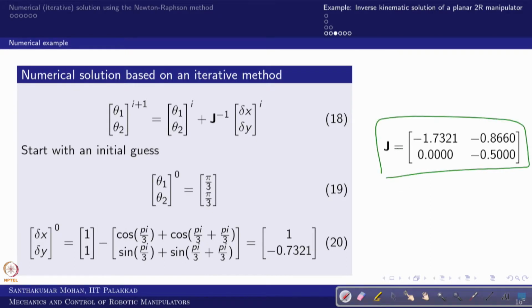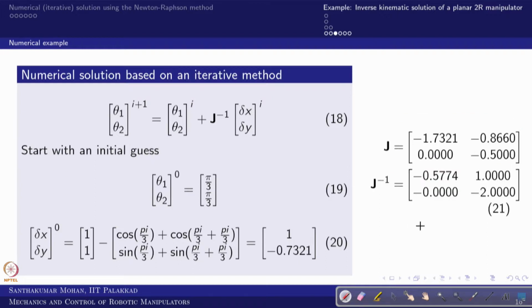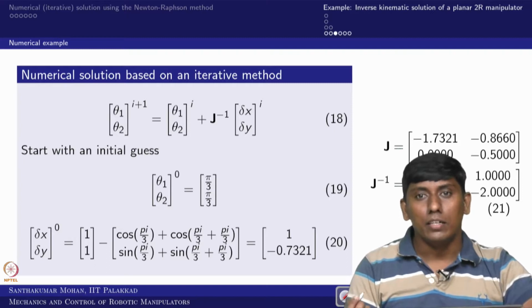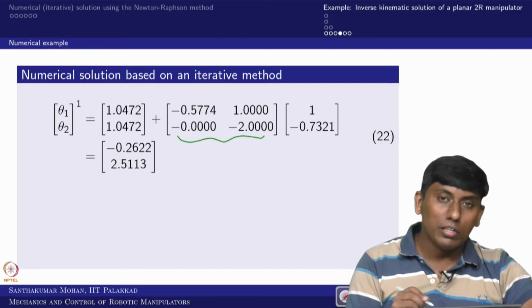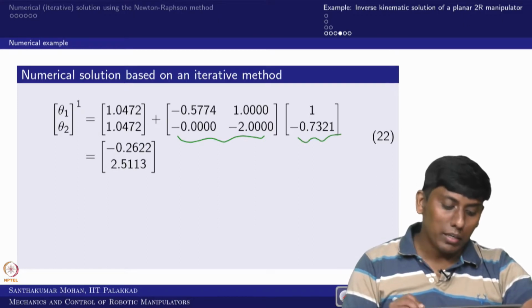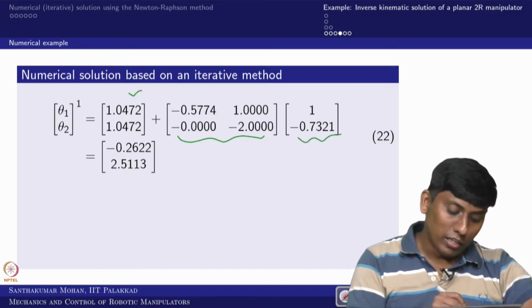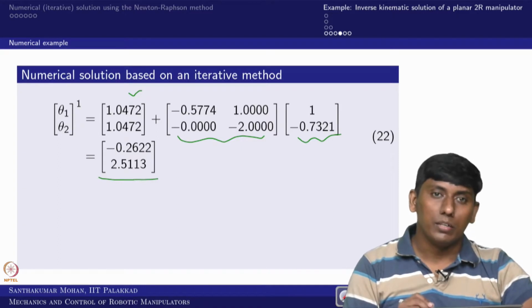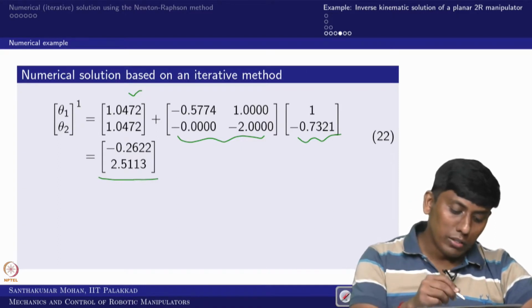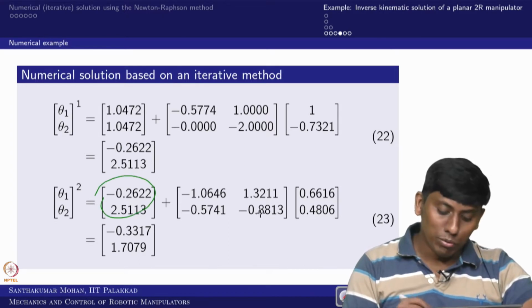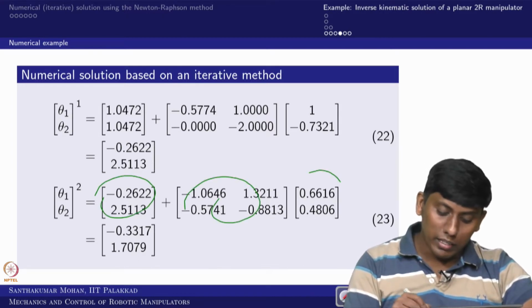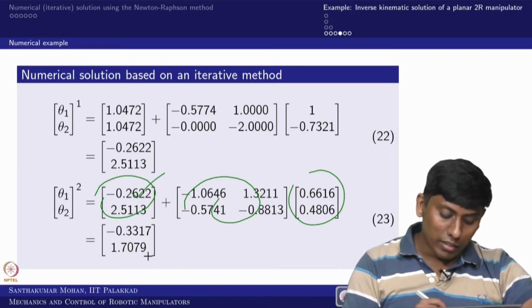So then I can do J inverse, right. So since J and J inverse are there, I can go ahead with the algorithm. So I can substitute the J inverse, and the delta mu is obtained, initial guess is there. So I'll get the new Q I, right. So now based on this, again I will calculate delta mu, the J inverse, this is delta mu and the initial guess, and then I will get the next value.